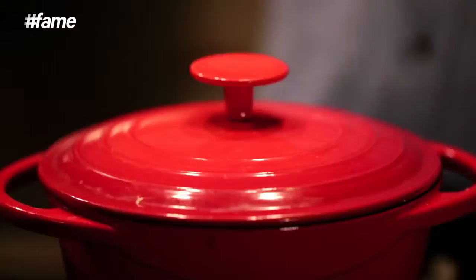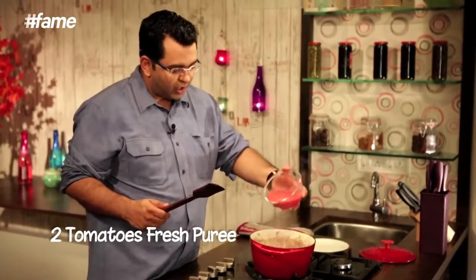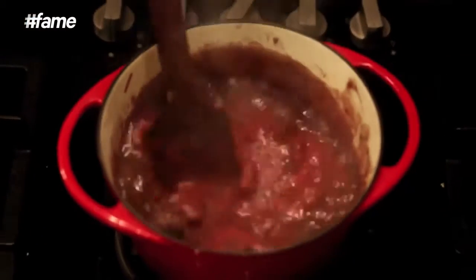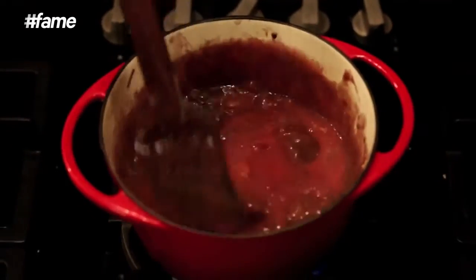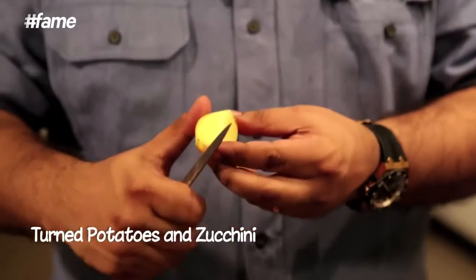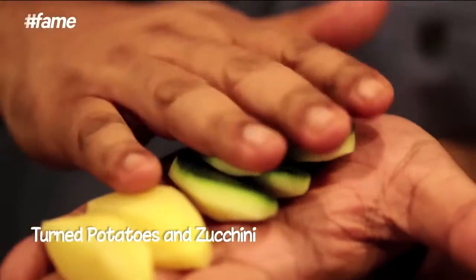Well, that's what is called one-pot cooking. Everything all together, no mess, everything going one by one by one, but the flavors are going to jump out all together. Now I've got this fresh tomato puree from about 2 tomatoes, and that goes right in. The tomatoes are put in almost at the last of the cooking of the stew so that it doesn't hamper the cooking of the lamb. What I'm also adding is some turned potatoes, some turned zucchini,